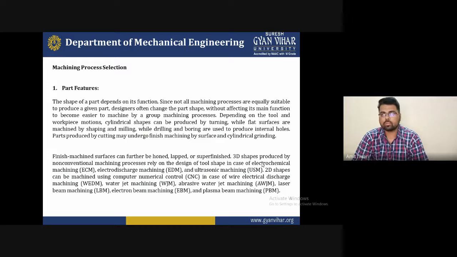At that time, accuracy, quality, and surface finishing are almost all achieved with the help of this type of machining. So the first part is that the part features are most important. Which type of feature you provide depends on that particular operation, so you must provide some special purpose requirement. Such as, if you want good surface finishing, you must use electric discharge machining, wire discharge machining, or ultrasonic machining for the machining operation.